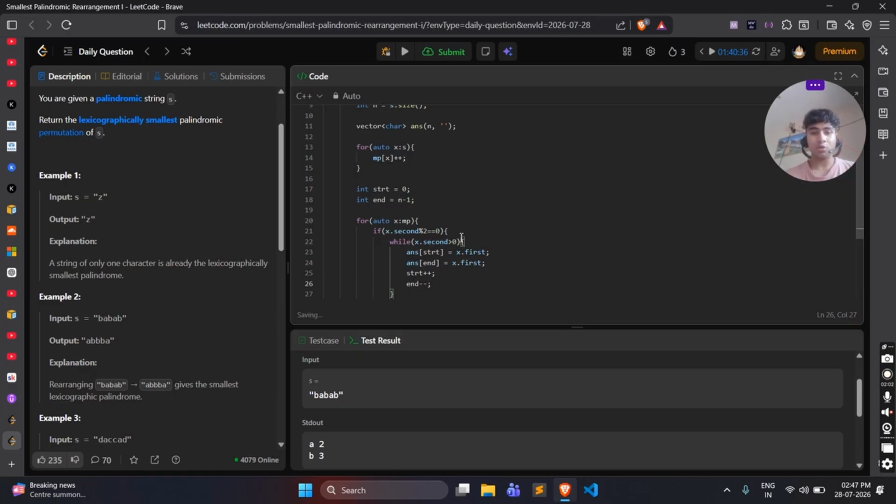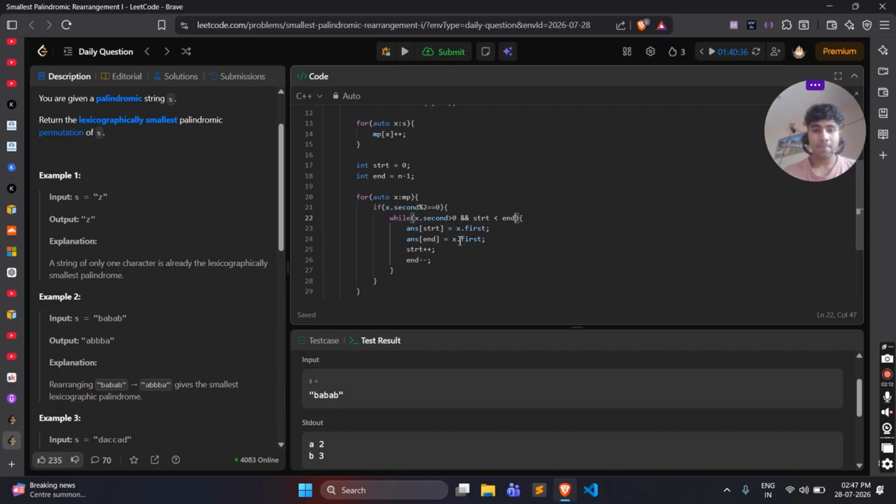Then also I'm going to add a condition: and start is less than or equal to n basically. Okay, in this way we are putting in the even values. Otherwise, let me check if x dot second is equal to 0, then what